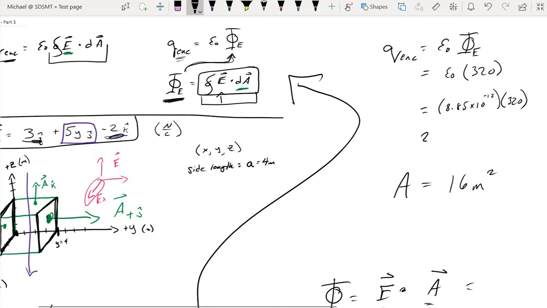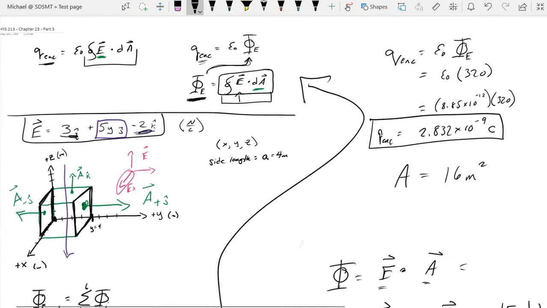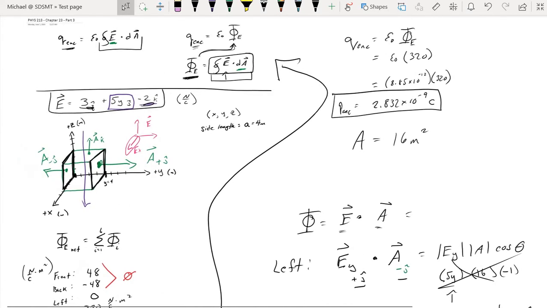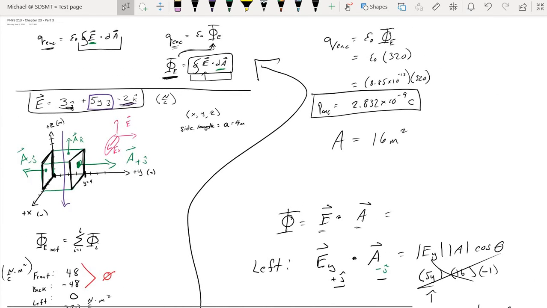And I'm getting 2.832 times 10 to the minus 9. And units of charge is going to be coulombs. And so there we have it. We have approximately 2.8 nanocoulombs of charge